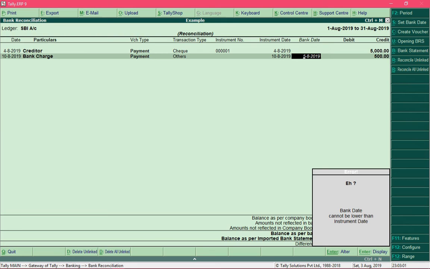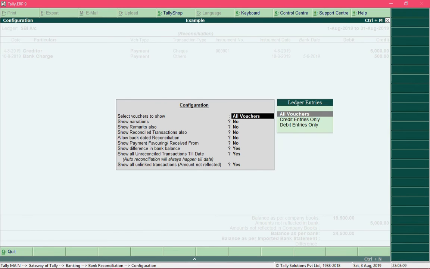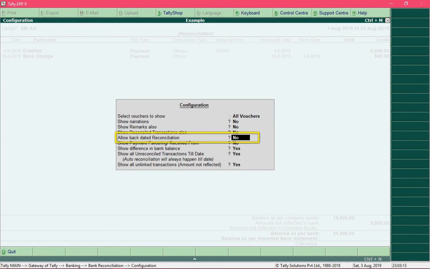In order to avoid such a situation, you need to change a setting. Press the F12 key and change the option allow backdated reconciliation to yes. By changing this option to yes, it will allow bank dates which are lower than that of the transaction recording date in Tally.